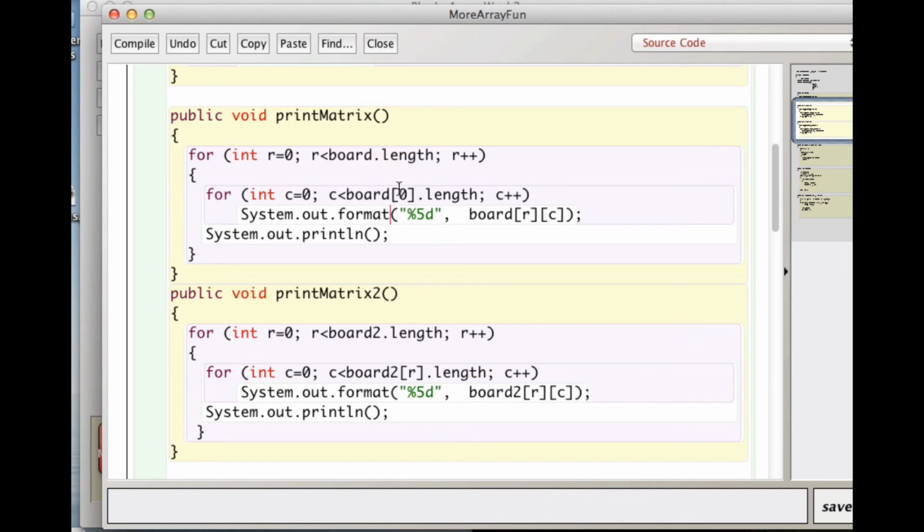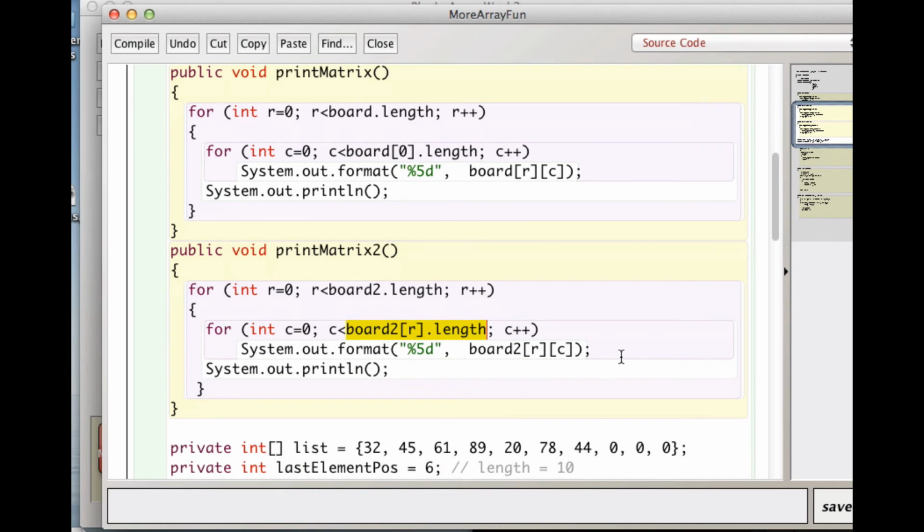And for each of the subarrays, you can get their length by doing this. If they're all the same, you can just say board sub 0. If each one happens to be different, you could say board 2 sub whatever your outer loop variable is, and get the length of each subarray before you print it, and therefore avoid any of the dreaded subscript out of bounds messages,